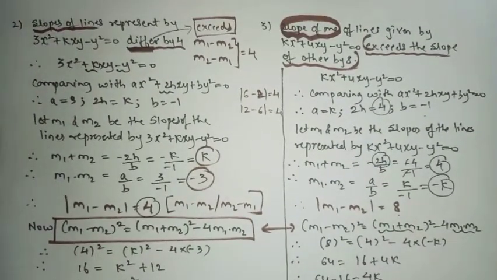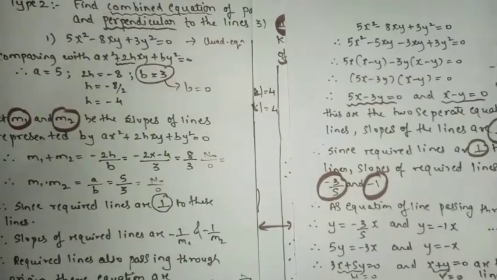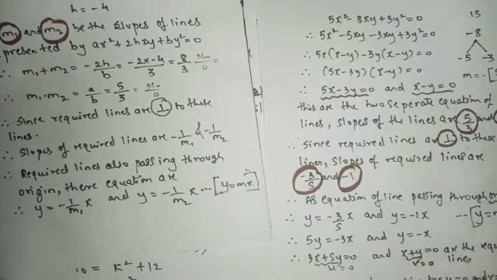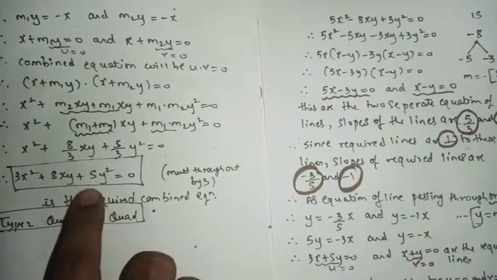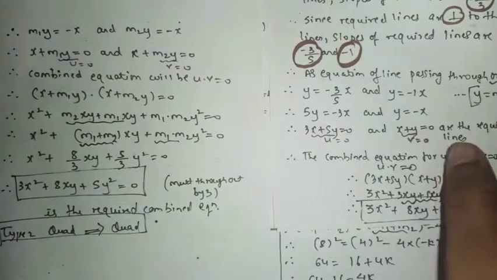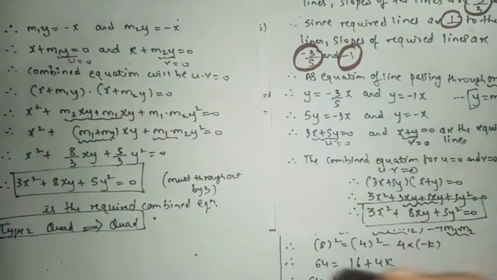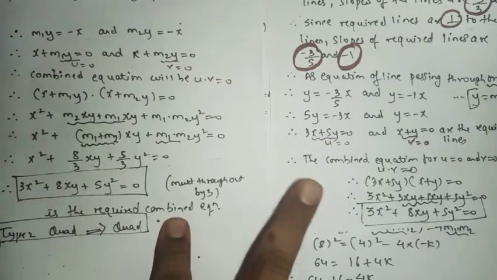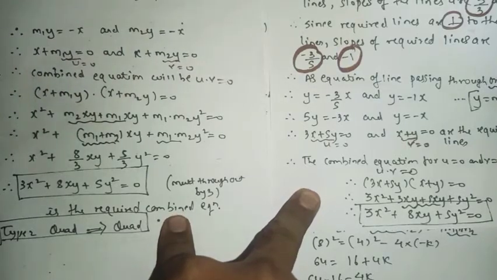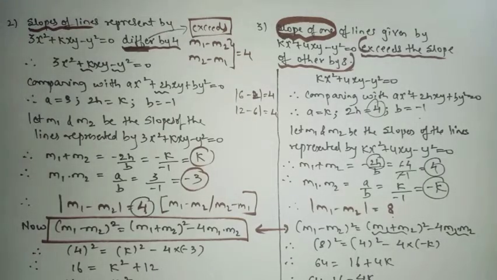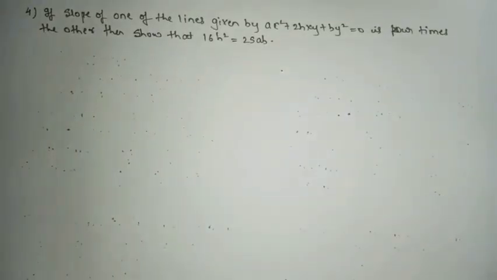And using both the methods, we saw how to find our required answer. When you use method number 1 and method number 2, the answer will be the same. But there are some points which I had explained, about when to apply method number 1 and when to apply method number 2, so that you have to keep in your mind. Got the point? Okay, now we'll move on to the next one.